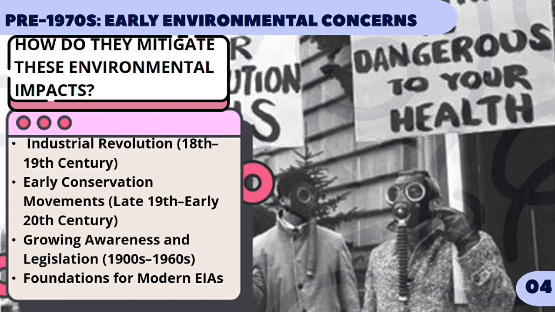So during ani na time nag-grow na ang concerns about deforestation, wildlife loss, and pollution. And then galid ni siya sa early conservation movement. So ang kanina movement ga-aim siya to protect natural resources, preserve wildlife, and regulate industrial expansion. So establish na sila ani og mga national parks and protected areas.